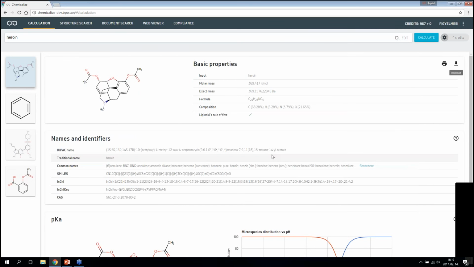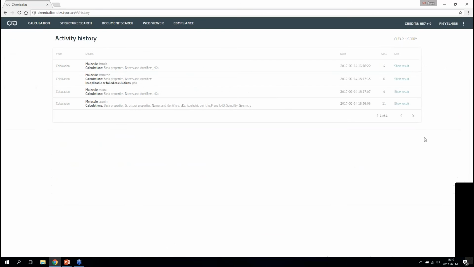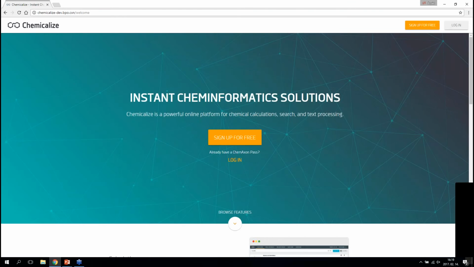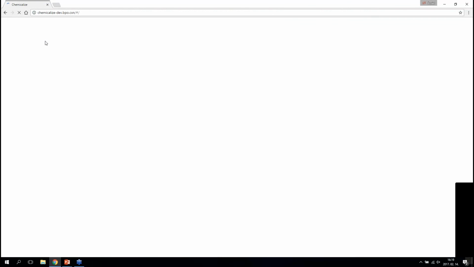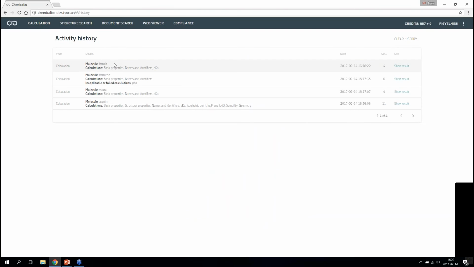The last part that I want to show you is the history function. If you click on your name in the right upper corner, you can choose the activity history. As you can see, all of the events that I did previously appear here. I can choose any of them. For example, if I log out and log in again, normally I lose my results from calculations, but I can go back to the manage activity history tab, and I can select, for example, the calculated properties for